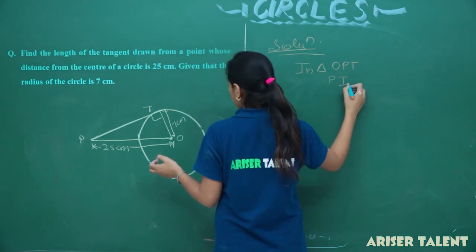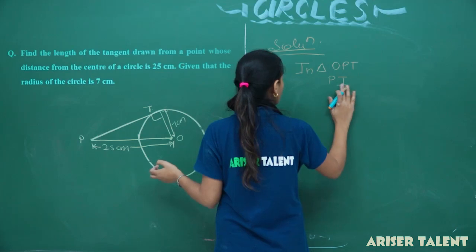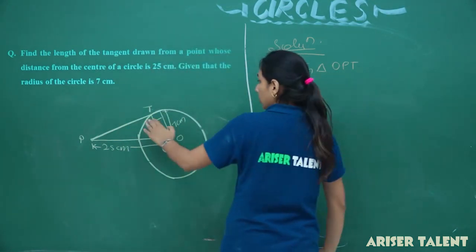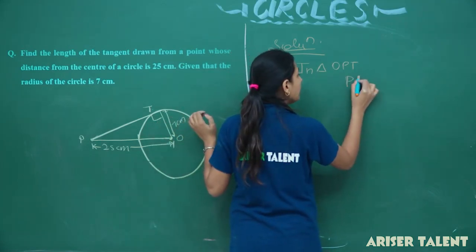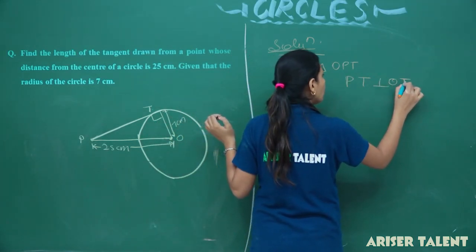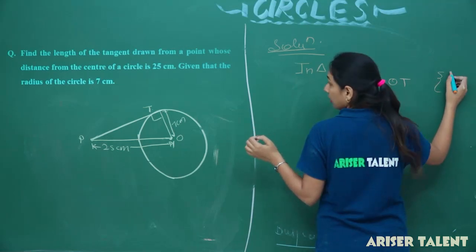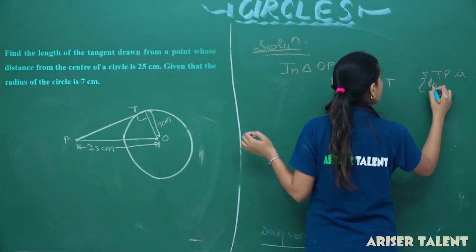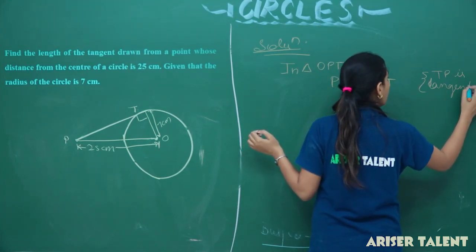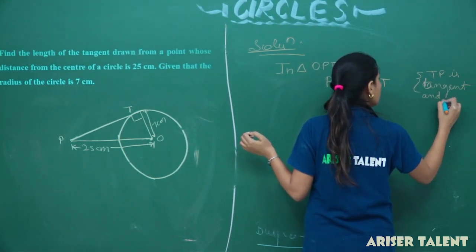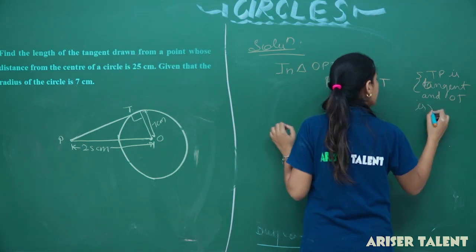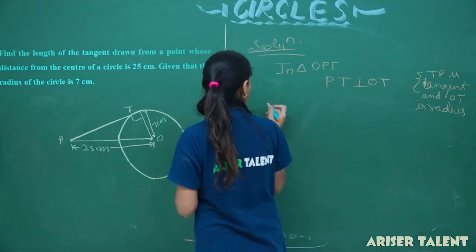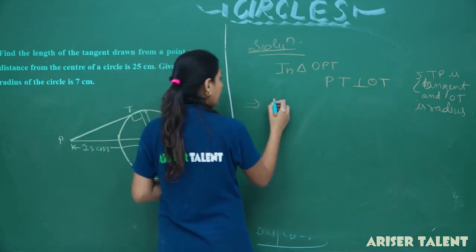PT is perpendicular to OT, because TP is a tangent and OT is a radius, right students? Okay, now this implies that angle,